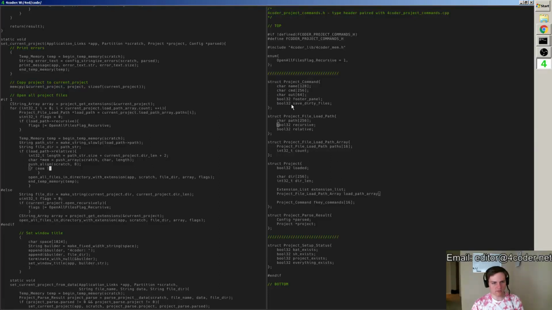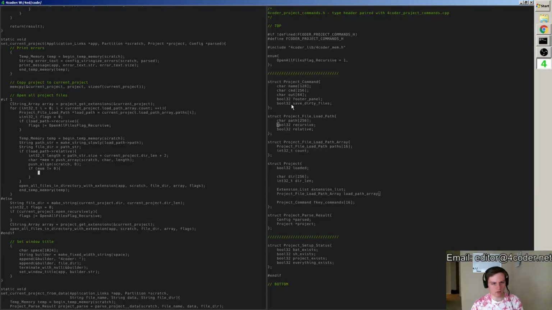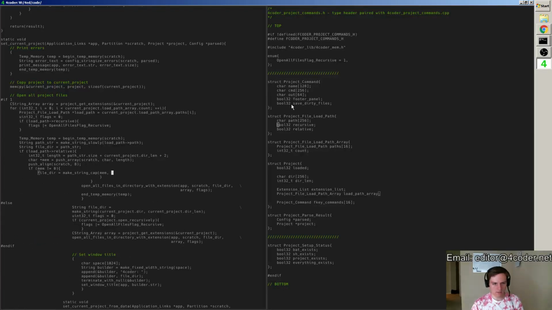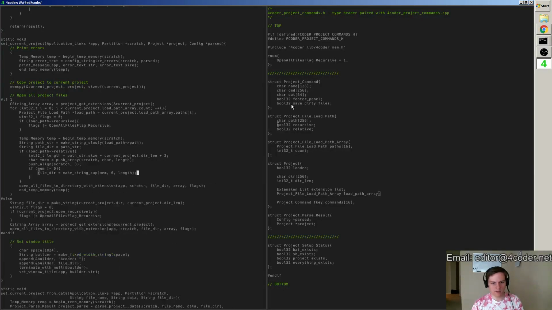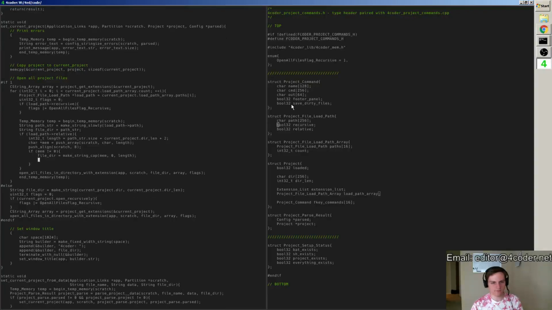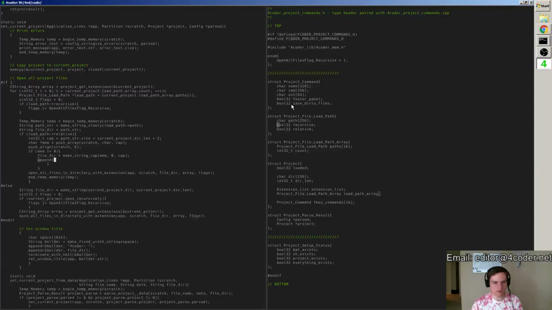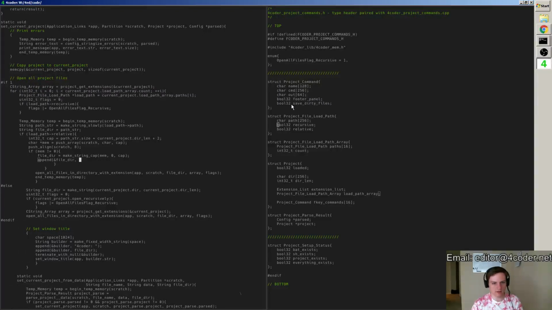And then if mem does not equal 0 at least, what we can do is go file dir equals make string cap mem length of 0 and a capacity of there's the full capacity. I'm going to rename this to cap actually. Right? And then what we can do is we can append onto that the things it needs. So the file dir needs